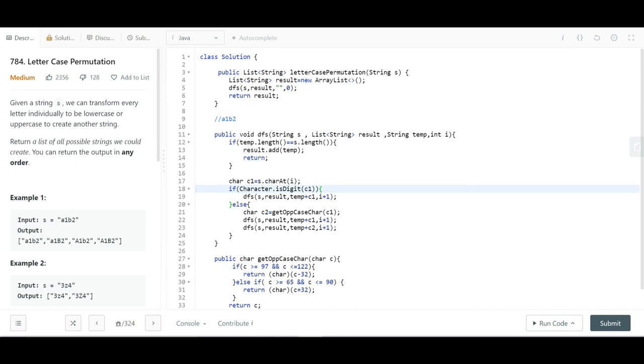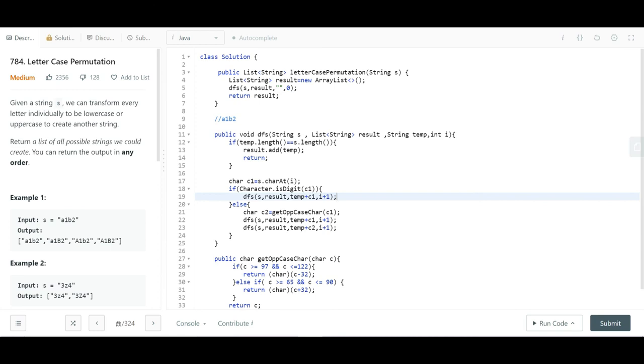So if it's a digit, then I am simply calling the DFS function again by passing the result, and the temporary string I have created, appending this current digit, and doing I plus 1. So I have to hunt for the second character in the second individual call.